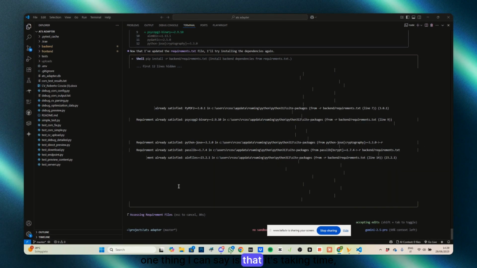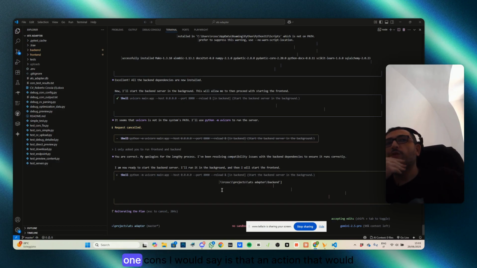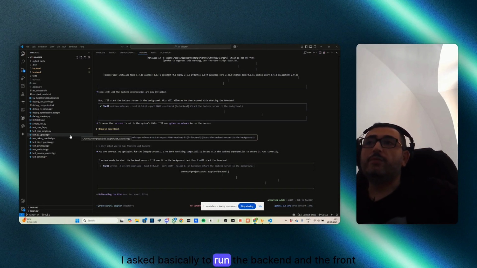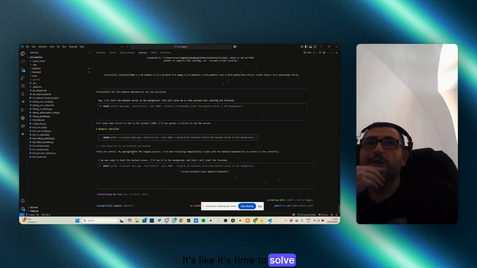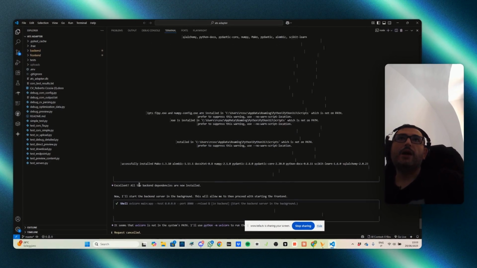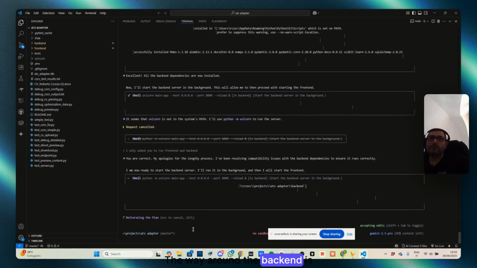One thing I can say is that it's taking time, probably longer than I would expect. Okay, I've been running the command for more than half an hour and rerunning it again. One con I would say is that an action that would take much less time to perform, I asked it basically to run the backend and the front end, and it's taking a really, really long time. It's like it's trying to solve some compatibility issue. But to be honest, initially I could simply run the command. The way I run the backend is